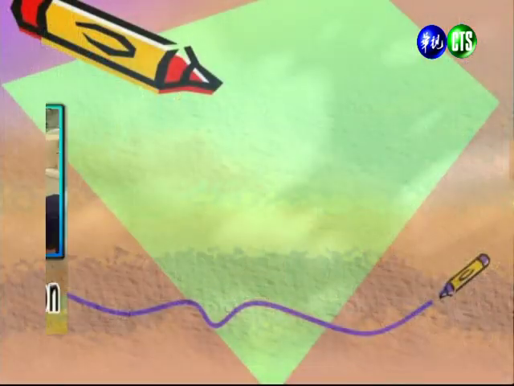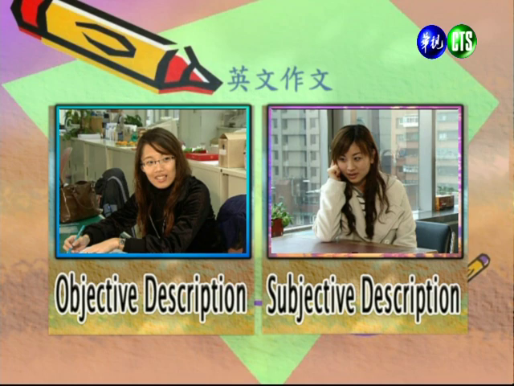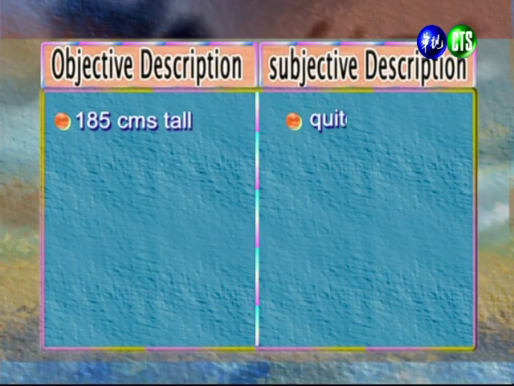All right, so from these two scenes, we saw that there are two different types of descriptions, one objective description and one subjective description. In our first scene, we had the objective description, and the second scene was our subjective description. All right, so now in our objective description, we heard the first woman say 185 centimeters, but in